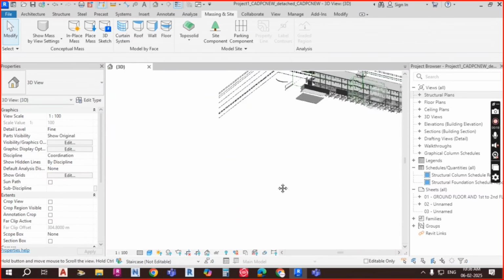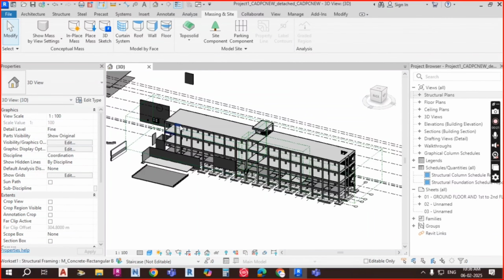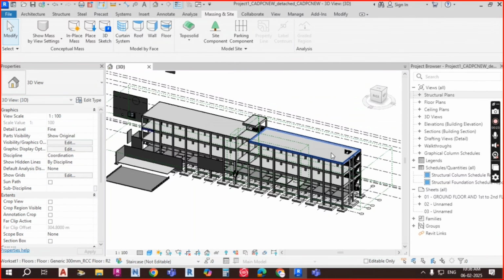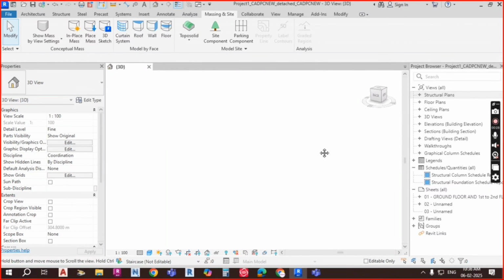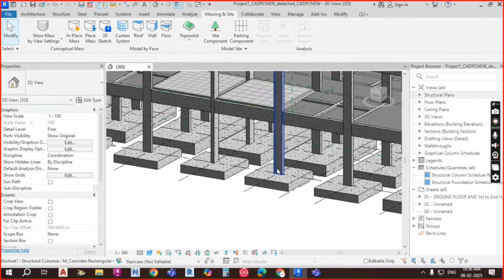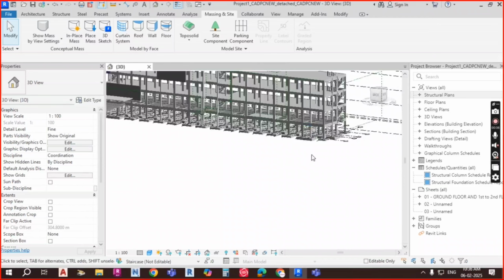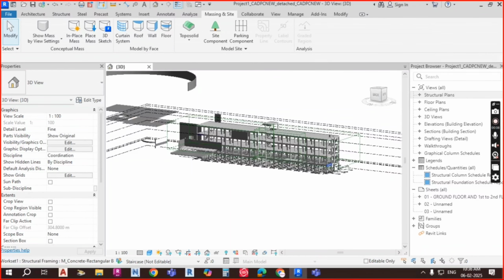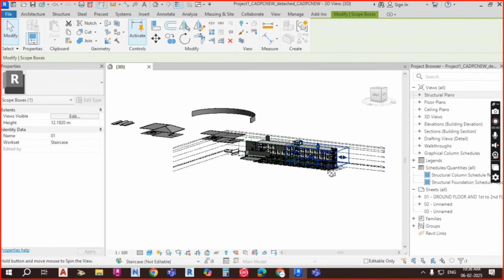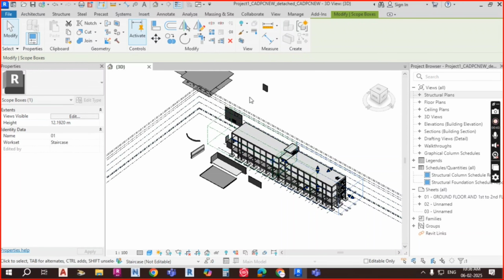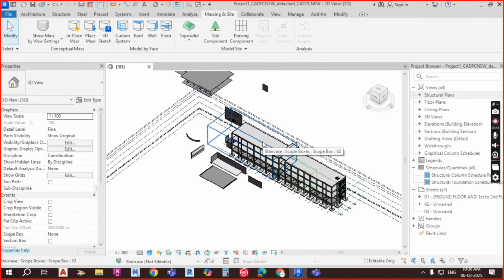So now you can see your building has been completed, all the models you have created, all the views also have been created. But right now if you see here, everything, footing, column, everything is visible because the underground things also are visible here. So for that reason, after completion of your building, you have to do the exterior modeling and exterior designs